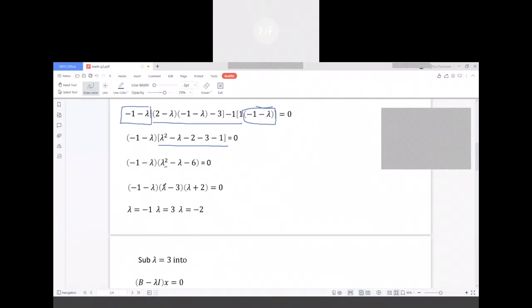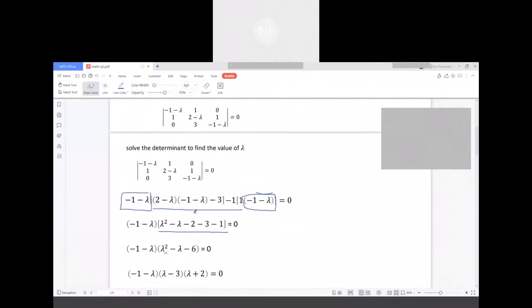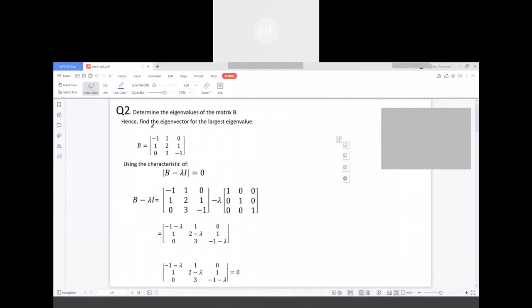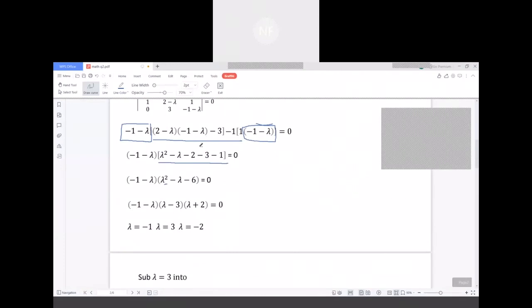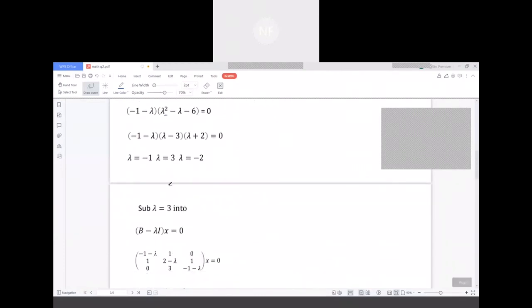It is lambda minus 3 and lambda plus 2, and then we have to equal to 0 for the values, and then we will get lambda equal to -1 for the first value, and the second one is lambda equal to 3 and lambda equal to -2. So the question is asking to find the eigenvector for the largest eigenvalue. So we have to choose the largest value from the lambda, since 3 is the largest,